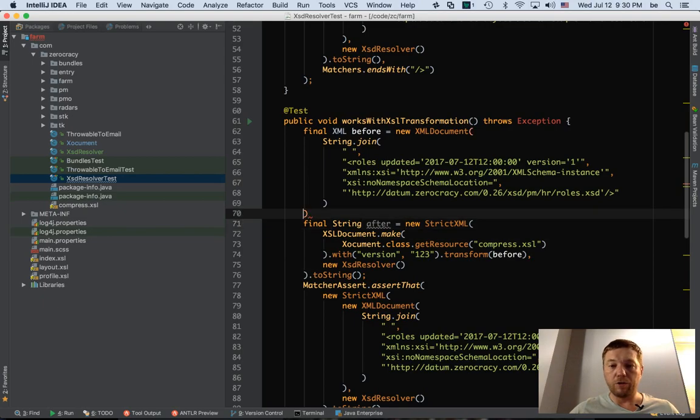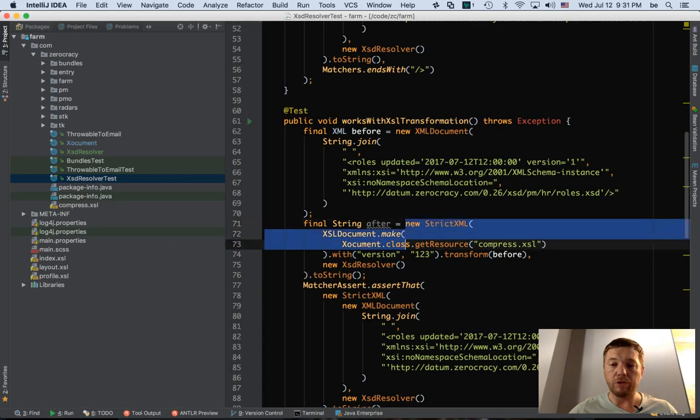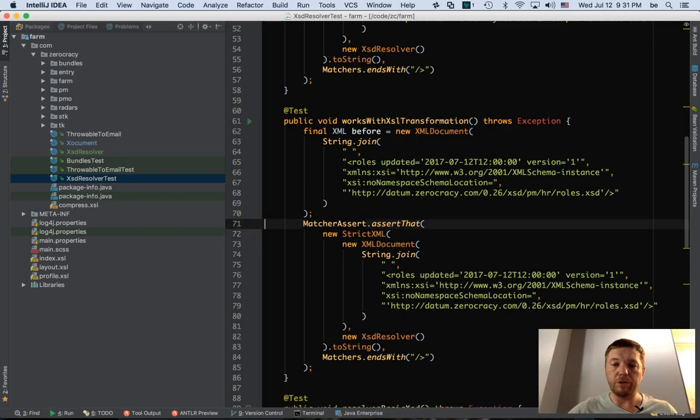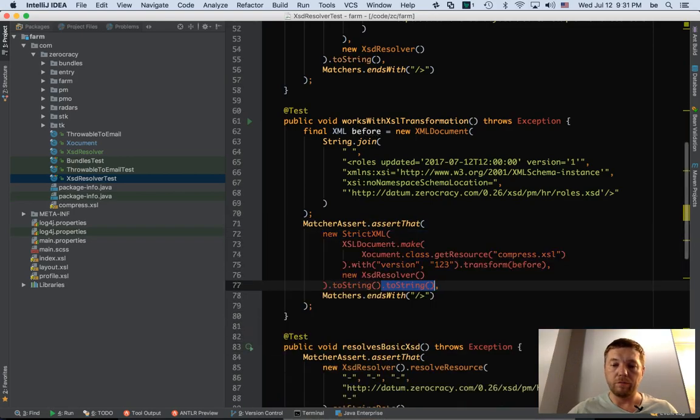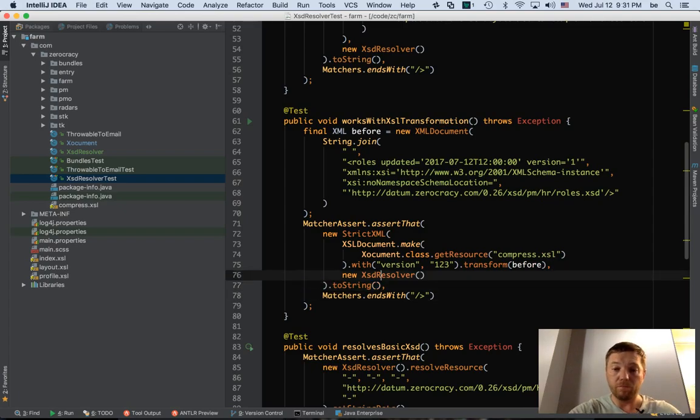Okay, so this code crashes there. And we want to see it fail here again. This after should work, so we just take it from here and put it here. Like that. Okay, let's try.